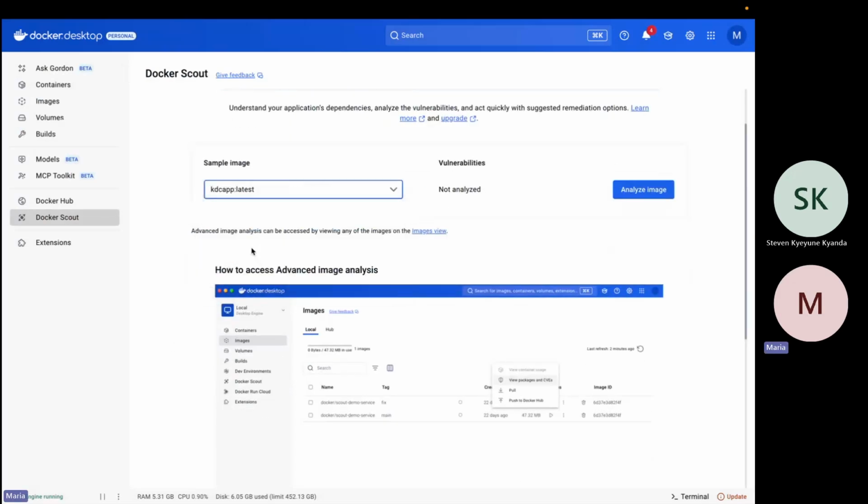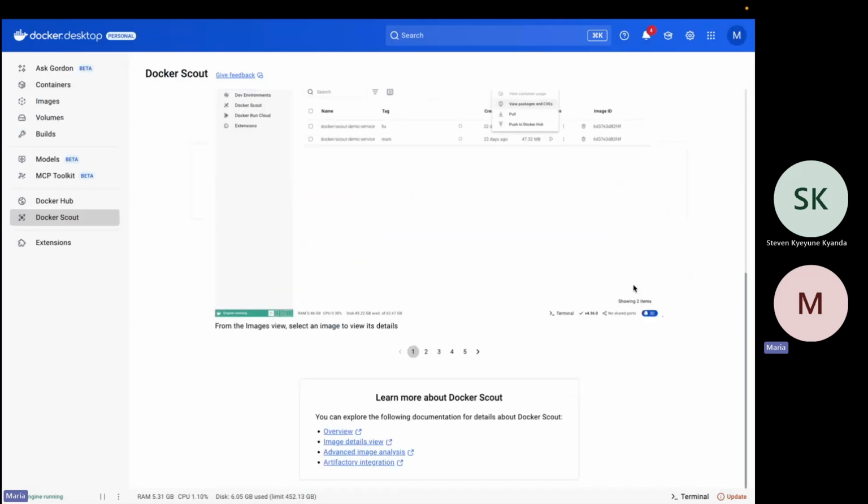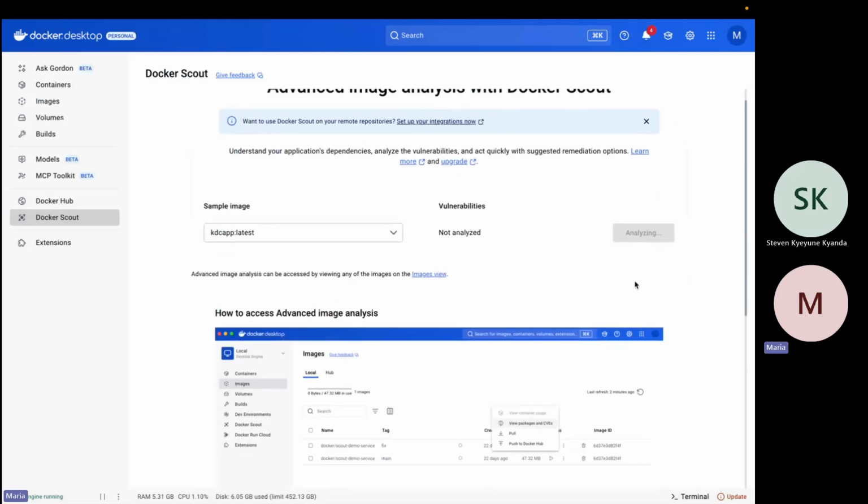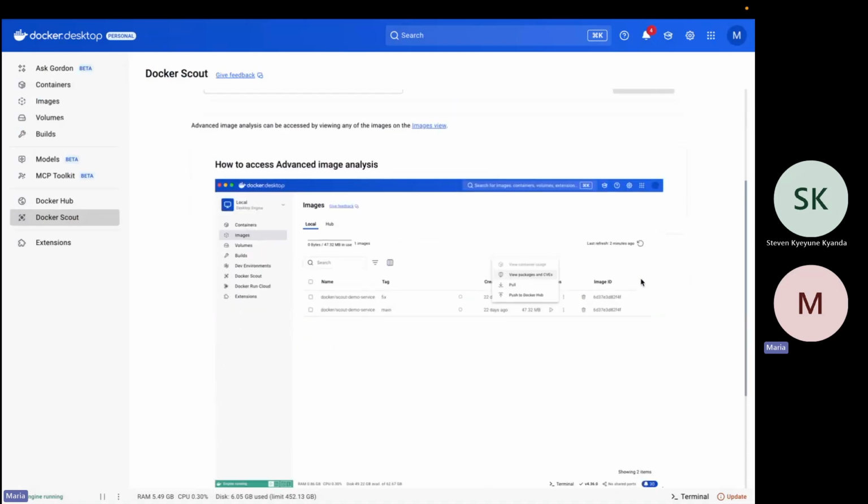You select the image, then you analyze it. Then Scout will be able to check for any issues in that image and report them to you, outdated stuff that you need to update, and then you ensure security for your application.